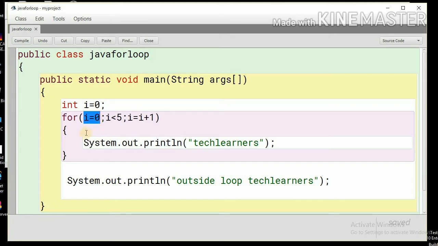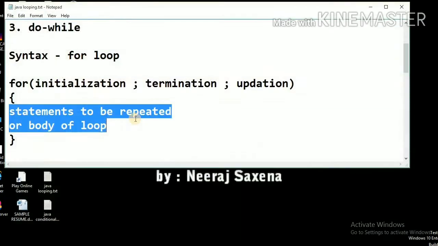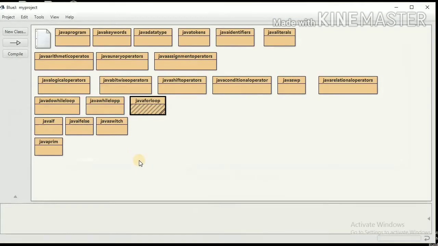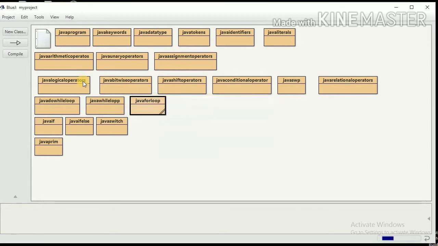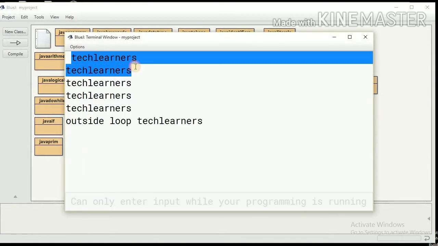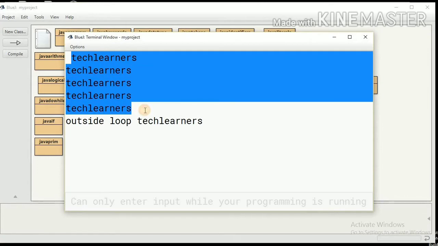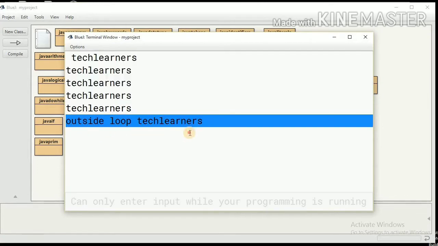So this is 5 times, and this statement will be printed 5 times. Let us see the output of this program. You can see the statement is executed 1, 2, 3, 4, 5 times, and this is outside the loop.